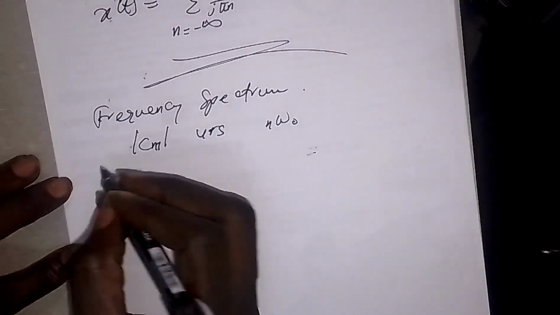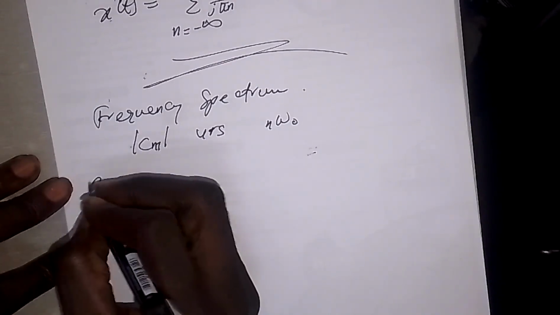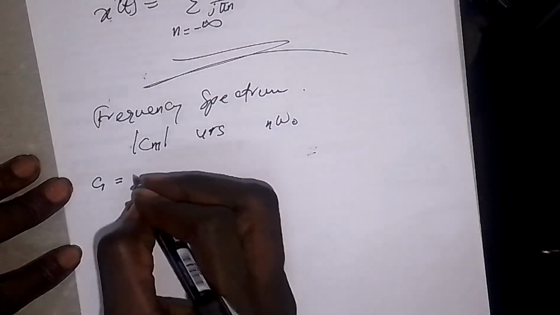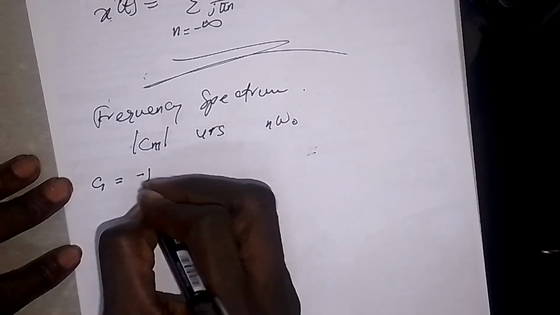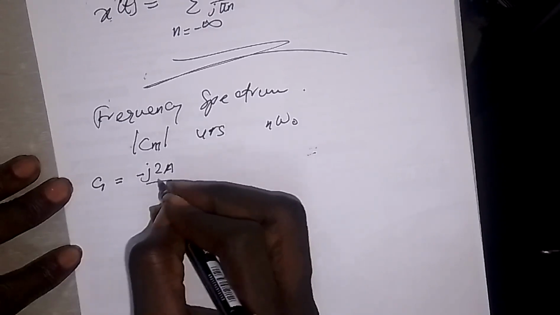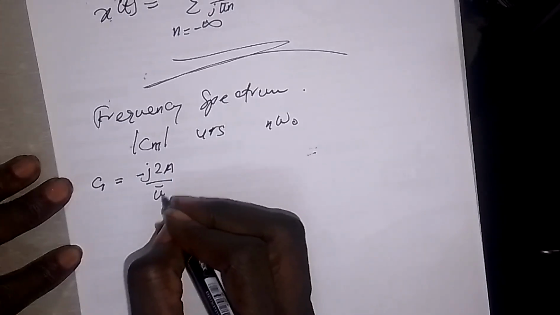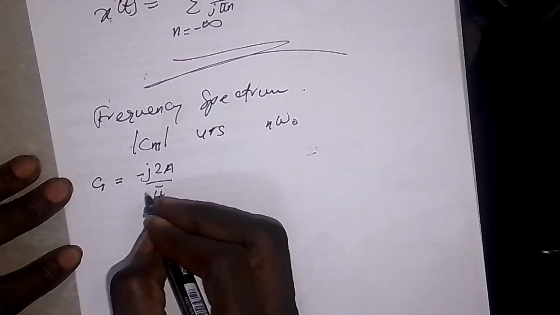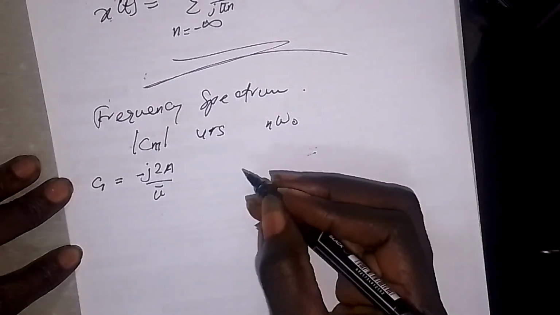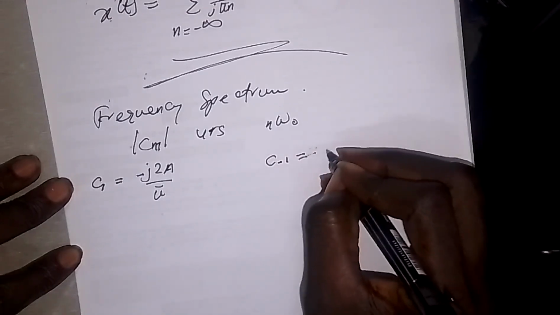So here, let's say C1. What is C1? If you bring the j upward, it becomes negative 2A over pi. Why is it now over pi and not over n pi? Because now n is 1. And if n is minus 1, then I will have